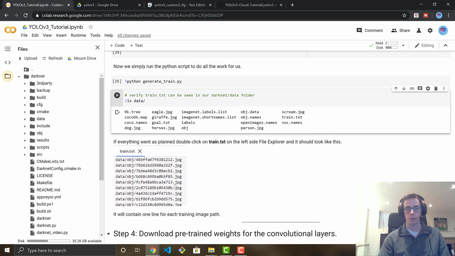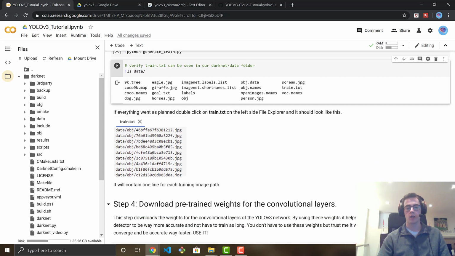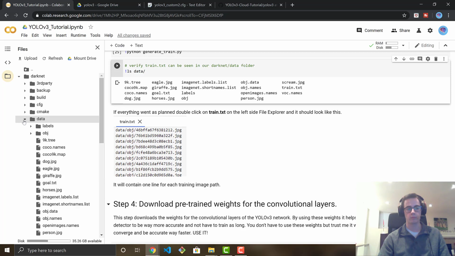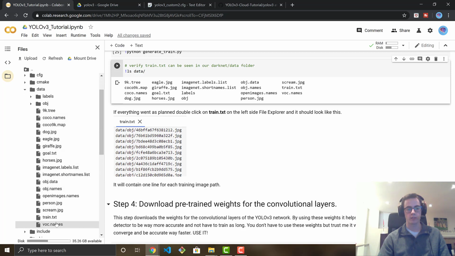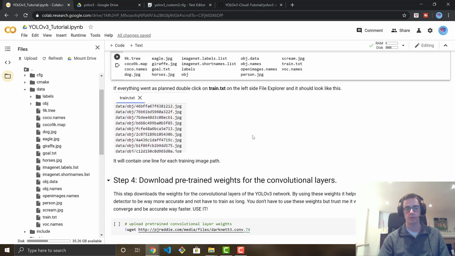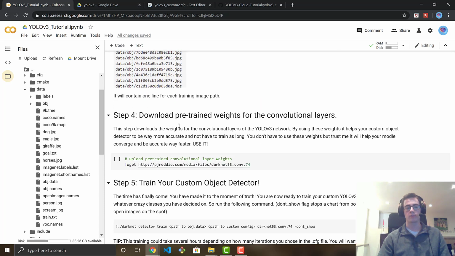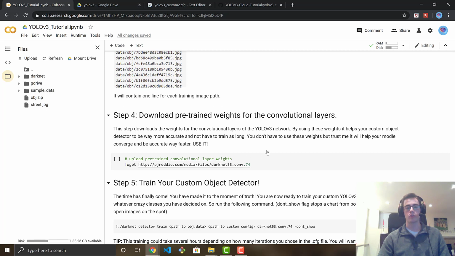And if I went to open it, it would look like this. It has just one per line, and it points to each image, not the text files. So open that by finding it in data, train.txt, double click, and it will open it up on the right side, and make sure that yours looks the same as this. So the final step, right before we can run our training, is to download